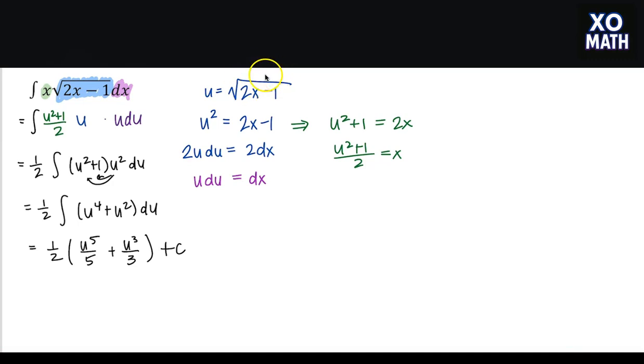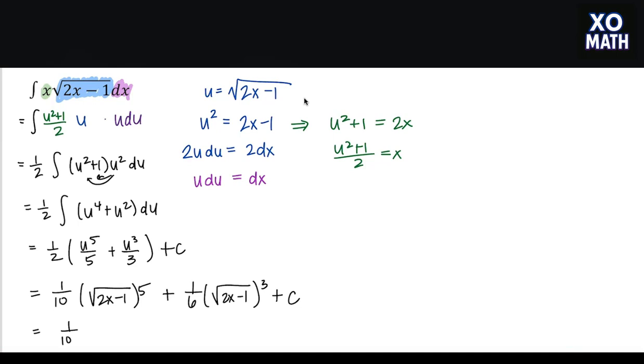And we'll do two things at once here. Distribute in the 1/2 and plug u back in, but u was the square root of 2x minus 1. So we'll have 1/10 and then the square root of 2x minus 1 to the 5th plus 1/6 the square root of 2x minus 1 to the 3rd plus c. And that is an equivalent answer to our previous one because I can rewrite the square root as 1/2. So this is 1/10 the quantity 2x minus 1 to the 5/2 plus 1/6 the quantity 2x minus 1 to the 3/2 plus